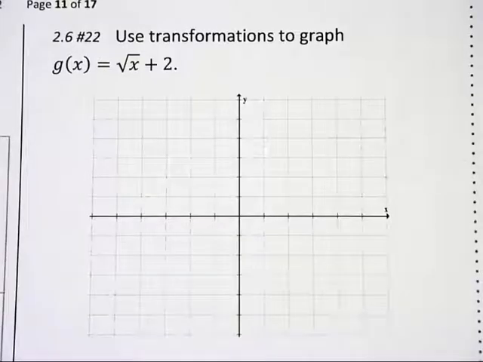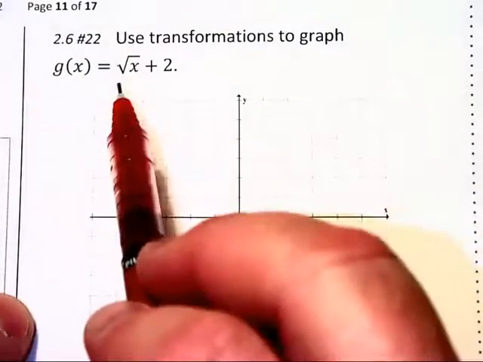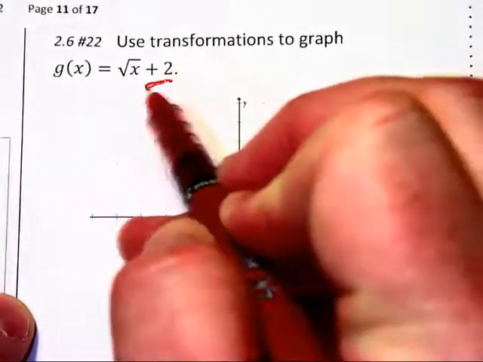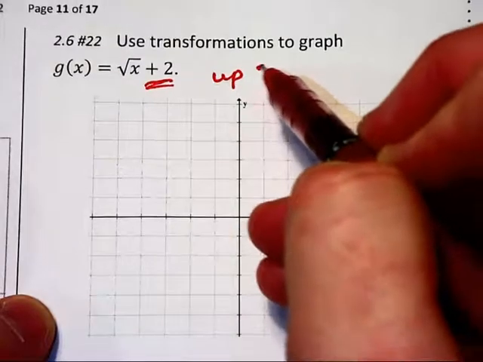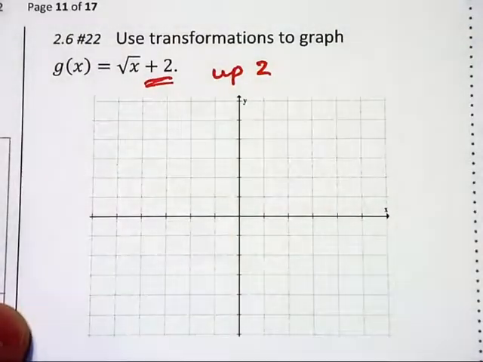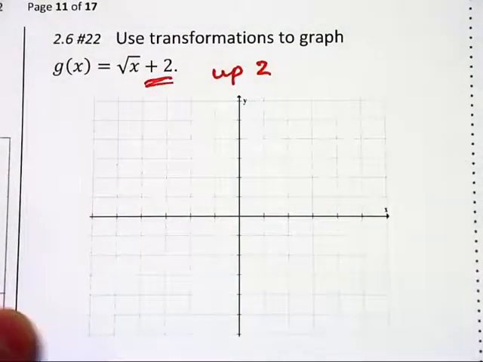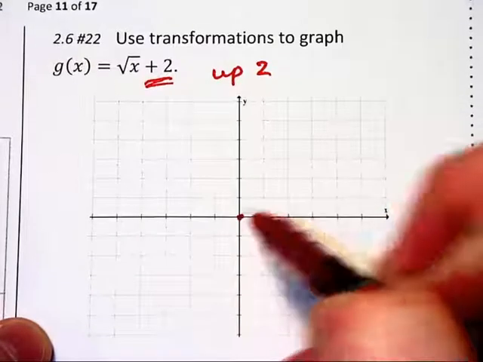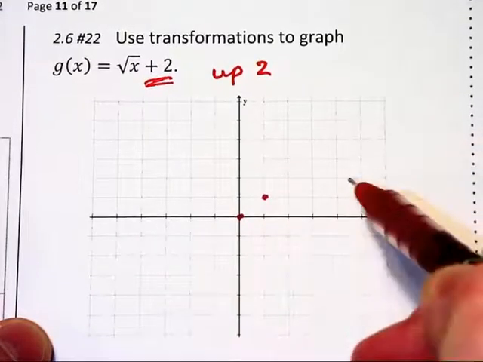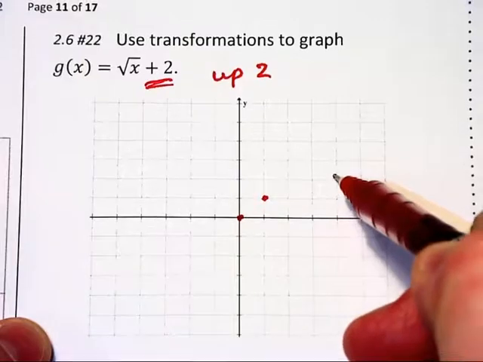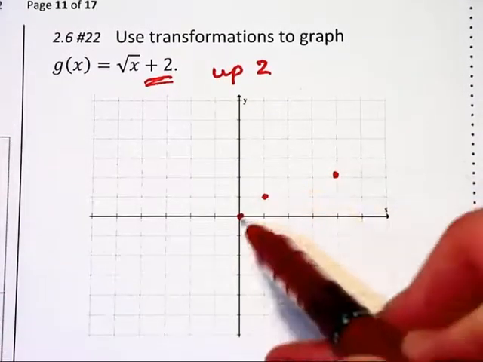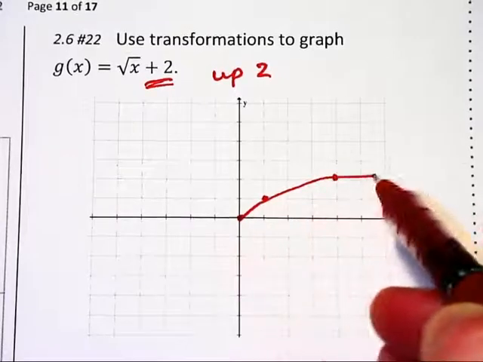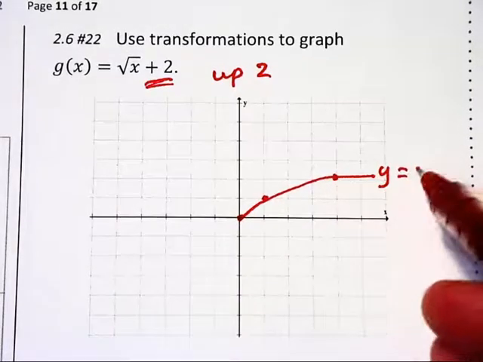Now let's perform some transformations. You know that the base graph here is a square root graph, and this plus 2 tells you to take your base graph and move it up 2. Now if we just look at y equals root x, it goes through (0, 0), (1, 1), and (4, 2). Those are numbers that should be memorized,